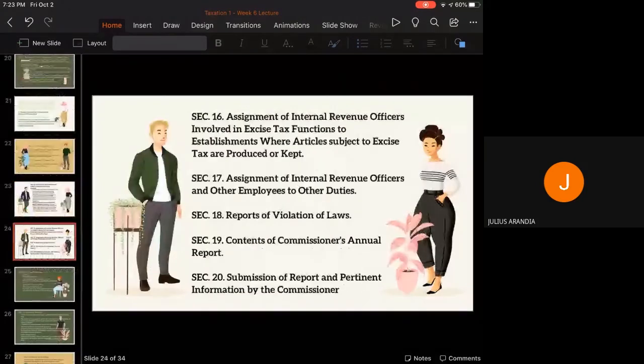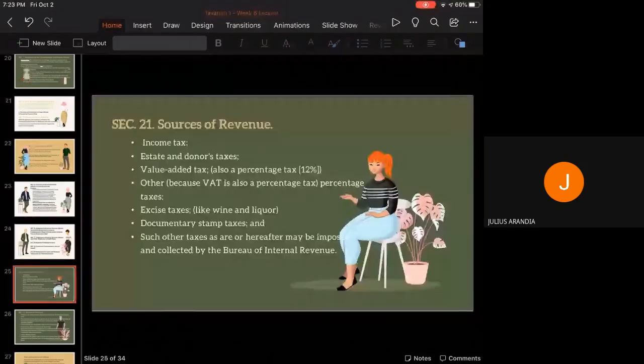Again, section 16, 17, 18, 19, 20. So just read them. So section 21, these are the sources of internal revenue. These are national internal revenue taxes as found in the National Internal Revenue Code. So you have your income tax, estate and donors tax, value added tax, which is also considered a percentage tax, other percentage taxes like